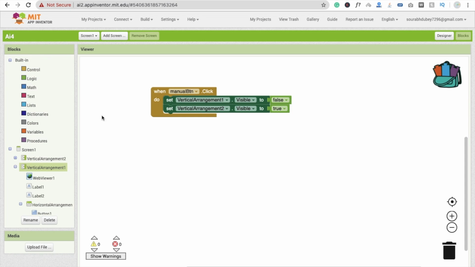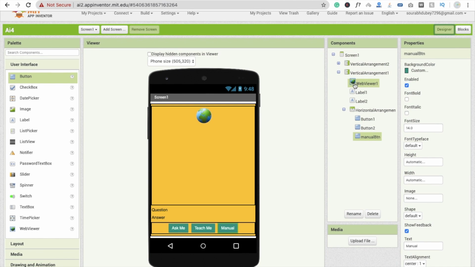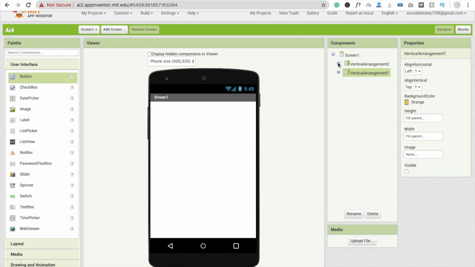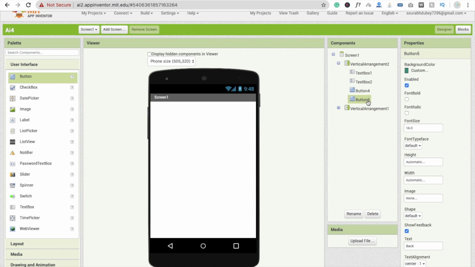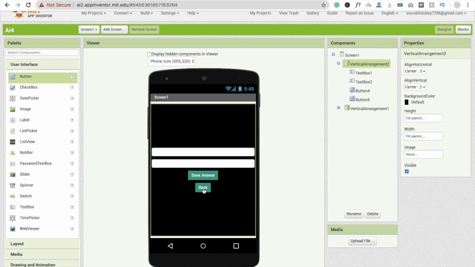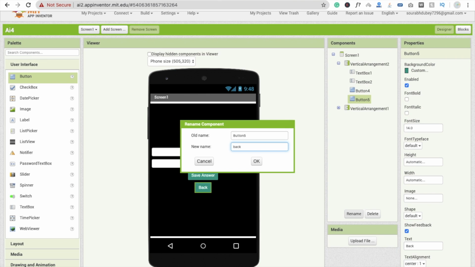Fine. And whenever we click on the back button, we have to make it another way. I'm going to do it, so I have to check first which one is our back button. Okay, so go to the vertical arrangement 2, and we have to make it visible on, and click on this back button, and you will see that it's button 5. I'm going to rename it back btn.